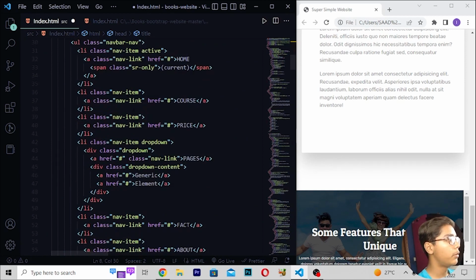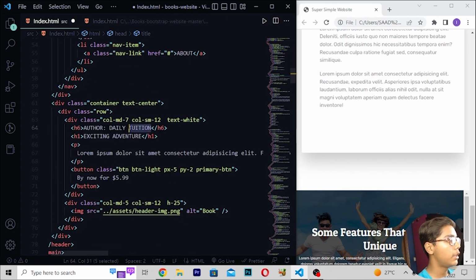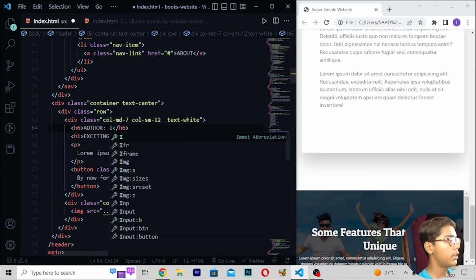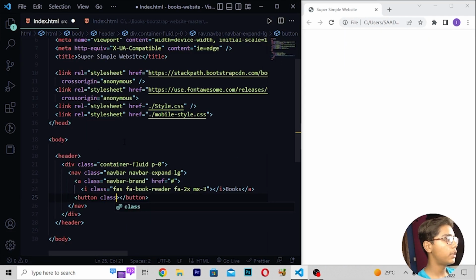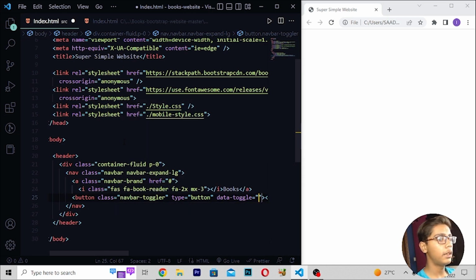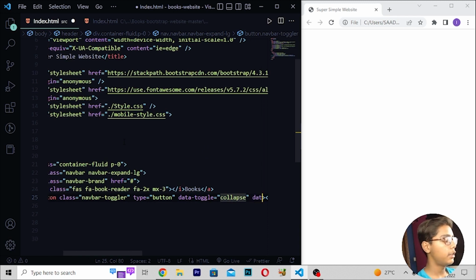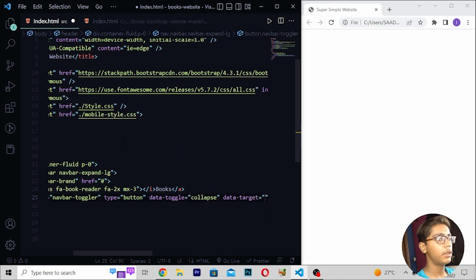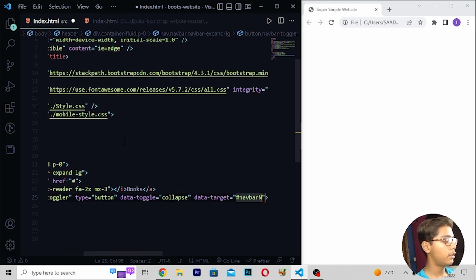Then here I'll be moving, and then here you have to erase, and then you have to write like this. I will be now writing here navbar-toggler like this. Then I will be writing here type equals button. So here I will be now writing this. Then you have to write here data-toggle, and then here I will be writing collapse. Then right here, data-target equals navbar-nav.